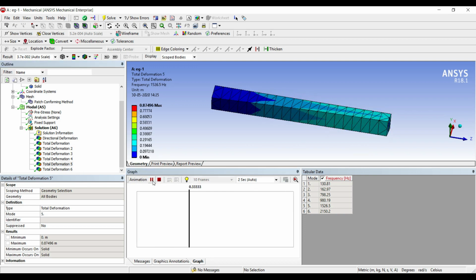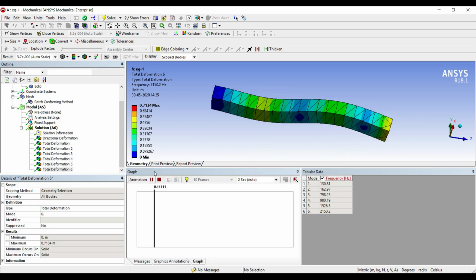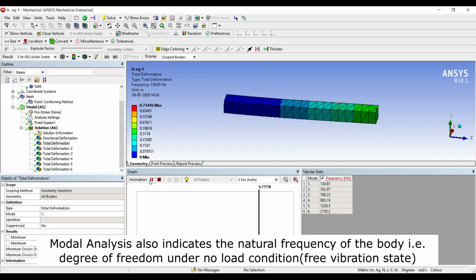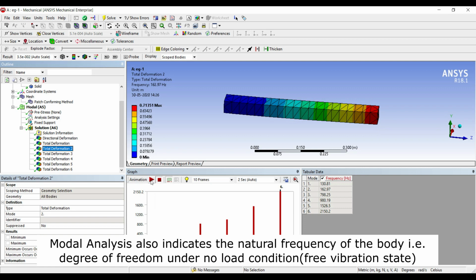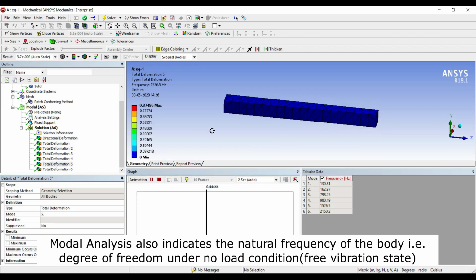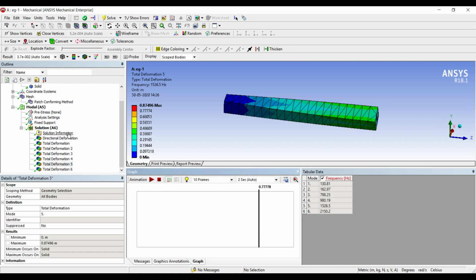This is the fifth one, showing a roll kind of motion. Here you can see another sine wave. This is a pitch kind of motion you can see. This is a yaw kind of motion which you can see. In the fifth one you can see a roll kind of motion. These are the various deformations that you have obtained, and these are the various modes or the natural vibration of